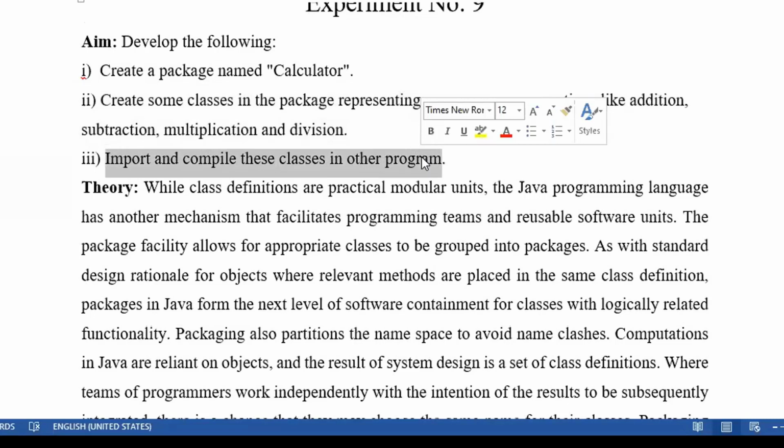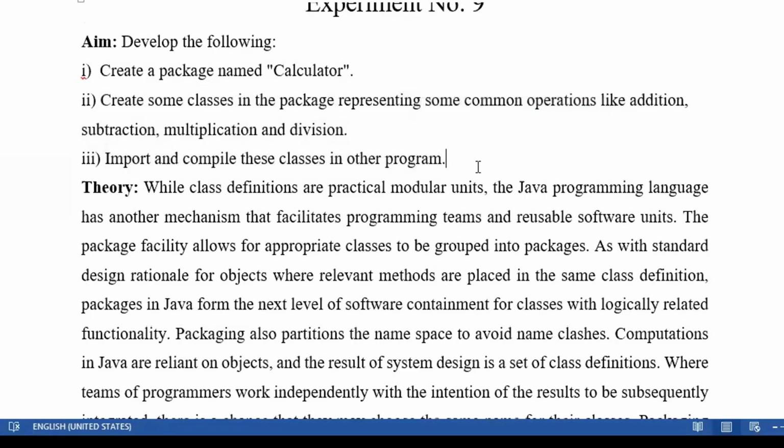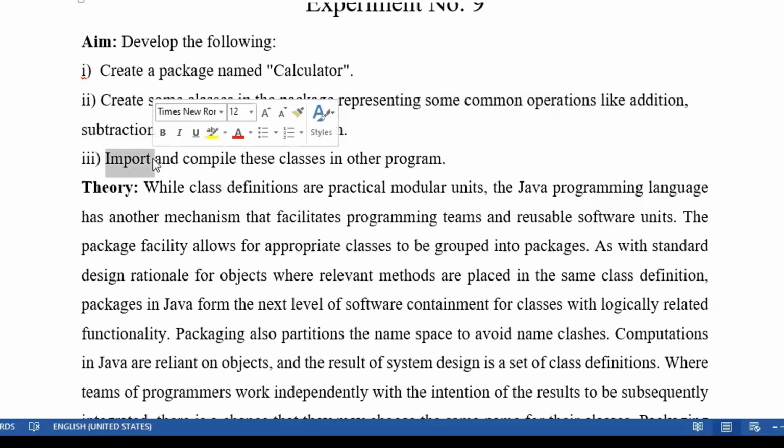In the last class we used one approach. If we follow that particular approach while importing, it was giving us an error, if you remember. With respect to the import statement, if we follow that approach, we have to write the fully qualified name of the classes. If you use dot star, it will throw an error saying it cannot identify that particular class, right? So we can go with any of the approaches.